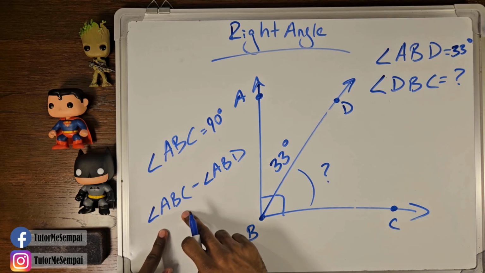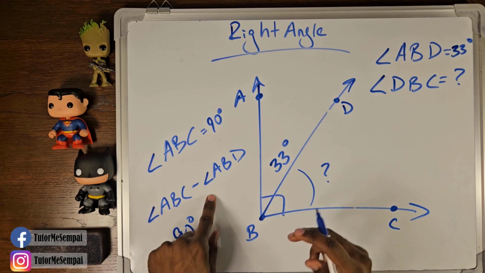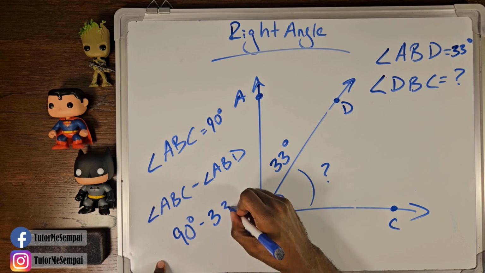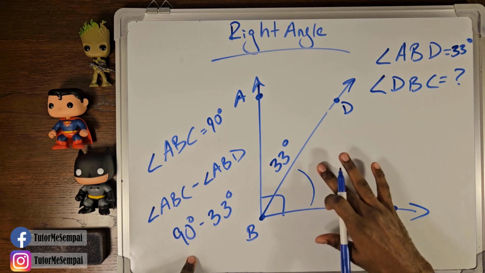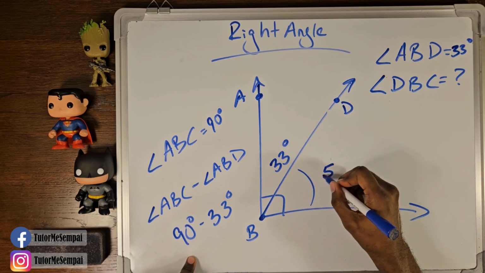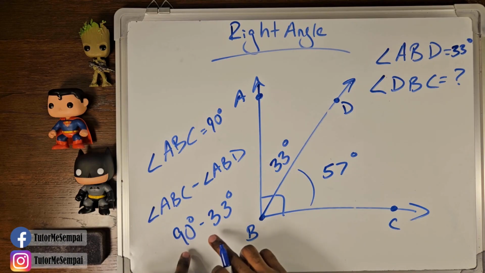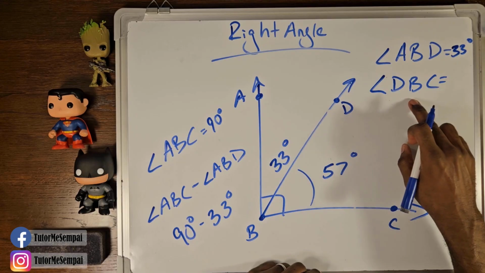So what's angle ABC? That's 90 degrees. And what's angle ABD? This is 33 degrees. So if you subtract, what would you get? Well, this is going to be 57 degrees. The difference between 90 degrees and 33 degrees will be 57 degrees. That's our leftover angle. That's going to be angle DBC,